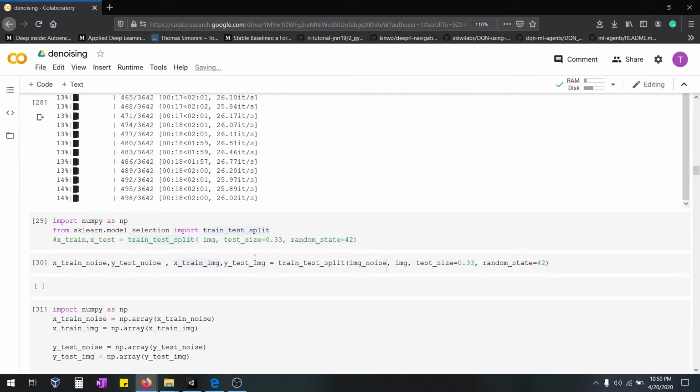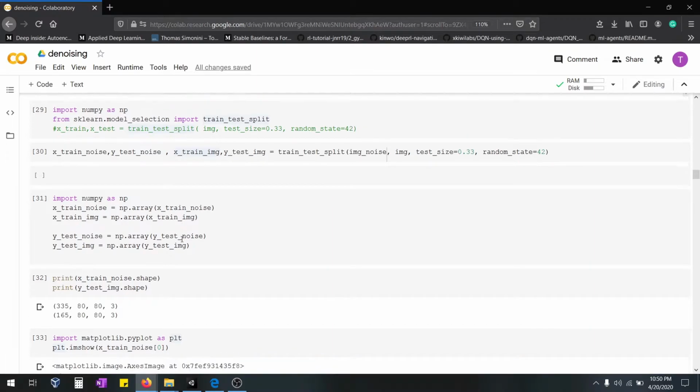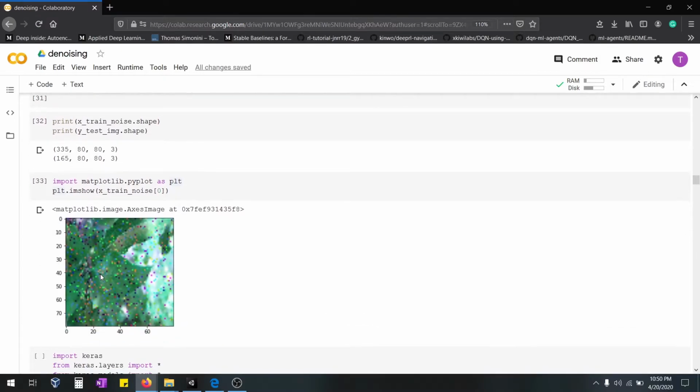Using train test split, I'm gonna split the images into train and validation. Then I'm gonna convert them into numpy arrays. I'm checking the shape, and it's good. We will visualize the train noise.